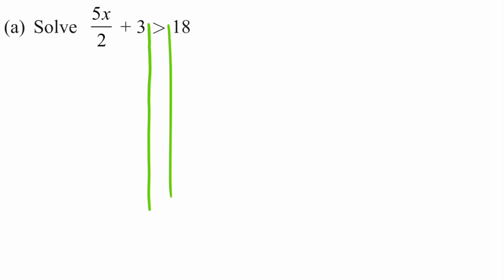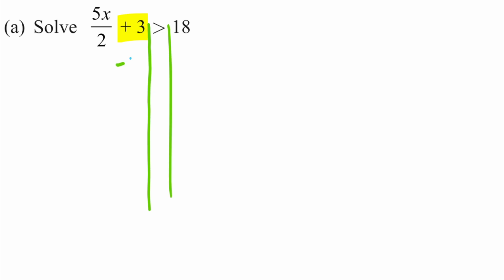When you're solving inequalities, you can essentially solve it in the same way you would do for an equation. You've just got to make sure you don't divide or times by a negative number, and down the middle you then always keep the inequality sign, which for this case would be a greater than all the way down. So first step, I want to get rid of that plus 3, and we do that by doing the